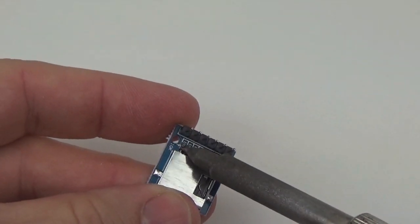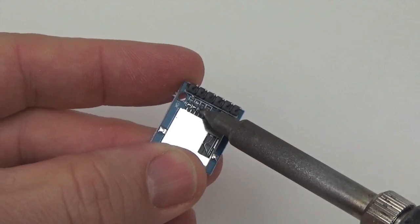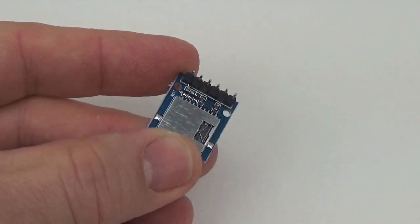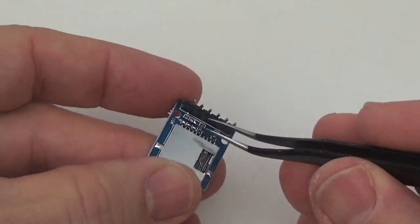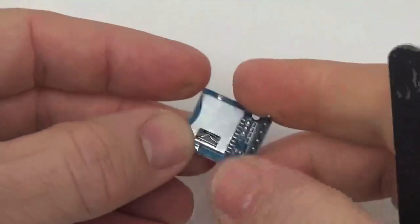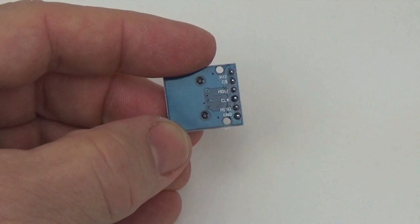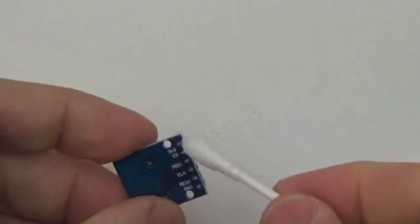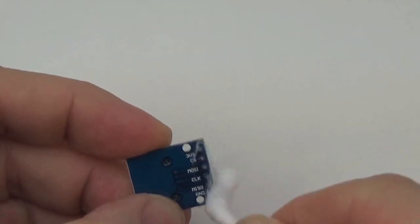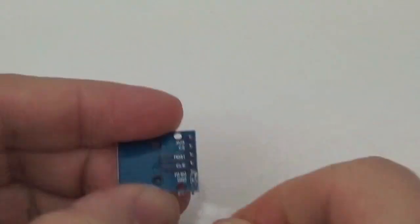Again, if you're preparing stuff for a classroom situation, you probably want to do this before you hand the components to the students, but it doesn't take very long. It's really not a complicated procedure. Just like most of the components, there's almost always excess resistors that you don't need. Another thing is, of course, always clean. Just about everything needs cleaning. Depends on how long you expect the run to be. If you're only going to be using a logger in a classroom for a couple of weeks, you probably don't need to worry so much about the scrupulous cleaning, but